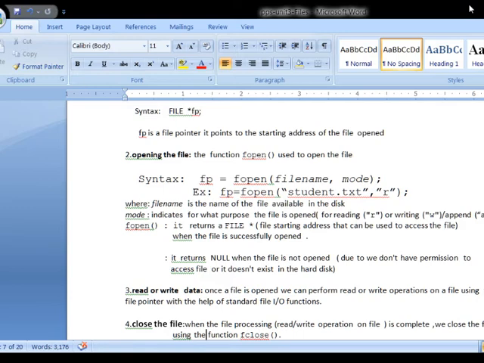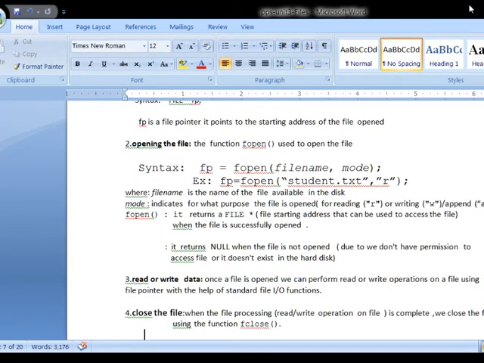If it is write permission, you can write data onto the file. If you give the read permission, only then can it be read. So based on these two causes, your file may not be opened, and at that time the fopen function returns a null value. This is the information regarding the second step of file processing, opening the file.